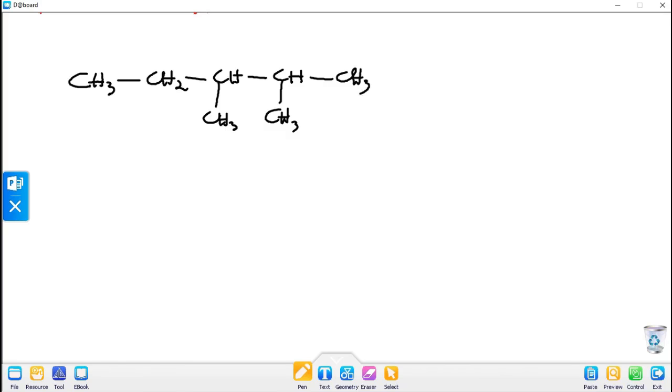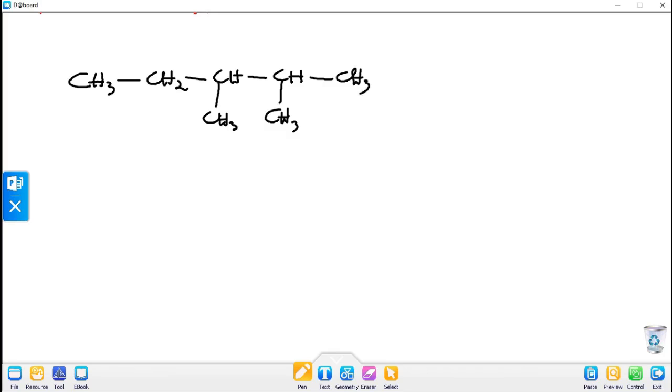Following our rule, the first rule is we have to identify the longest continuous chain as the parent chain, and then whatever is not in the parent chain becomes side chain. And the third rule we have just seen tells us that if two or more chains are of equal length, the straight one should be considered the parent chain. So now we are looking at a rule which is saying that in a given hydrocarbon chain, there is possibility that we may have